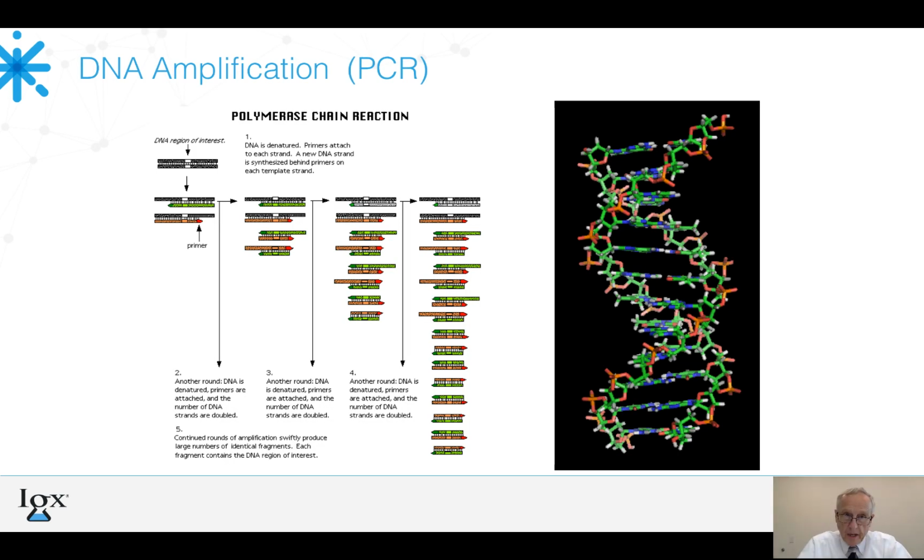Okay, DNA amplification is called PCR, which is polymerase chain reaction. What it is, is to take this wonderful thing called a double helix, and what we do is denature, or take apart, those two strands so that you can see them separately, using temperature. Through this procedure, we pull them apart, and now you've got single strands of DNA that you will use what are known as the cutting primer sets along with cutting enzymes. Now the cutting enzyme is like a scissor, and it will cut the DNA at specific sites